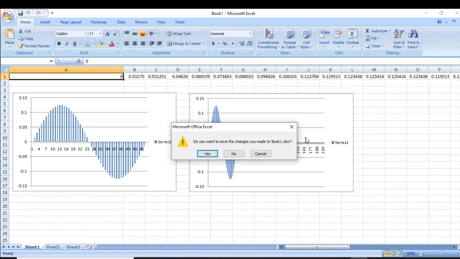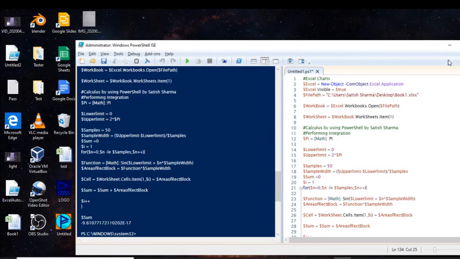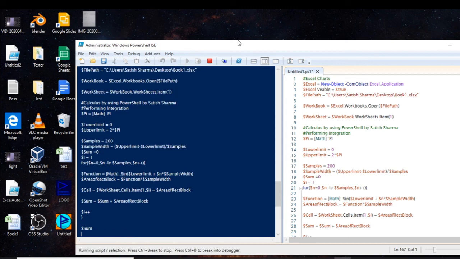Let me first close it. How can I increase the samples? Let me set this value to 200, and then let's see what happens.